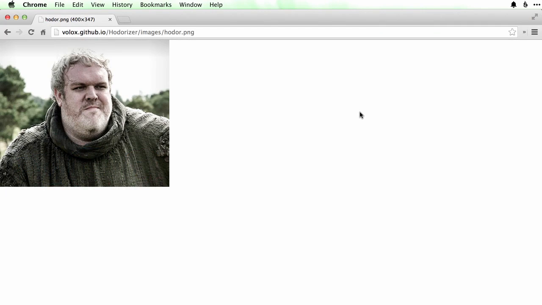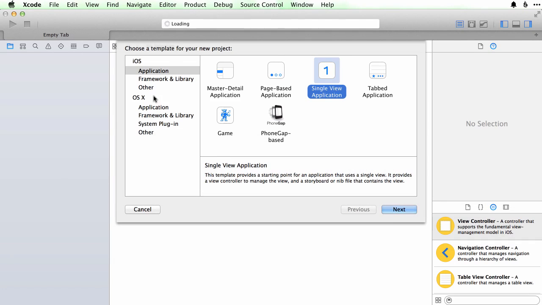First, we've got to decide what sort of a custom keyboard we're going to make. I'm going to make a Hodor keyboard. Now, if you haven't watched Game of Thrones, Hodor is a character who can only say Hodor. So I thought he'd like his own special keyboard with his face on it, which does nothing but say Hodor. It's obviously a very simple keyboard, but it will show you everything that you need to make any keyboard you like. So we'll be coming back to Hodor in a minute, but for now, let's go back over to Xcode